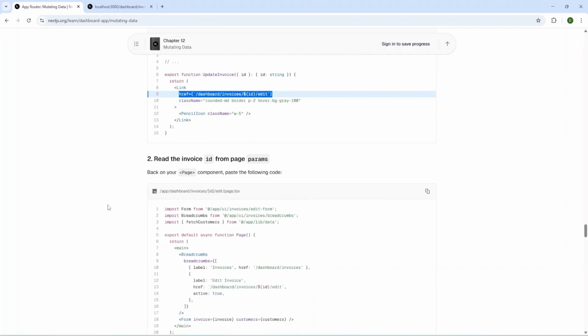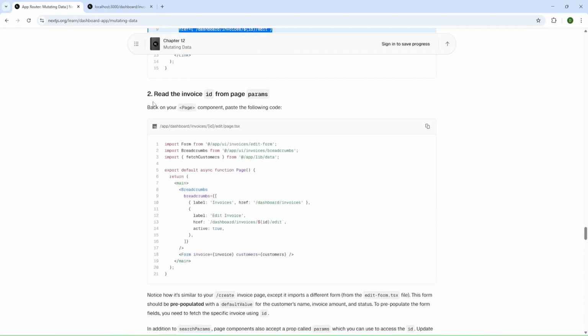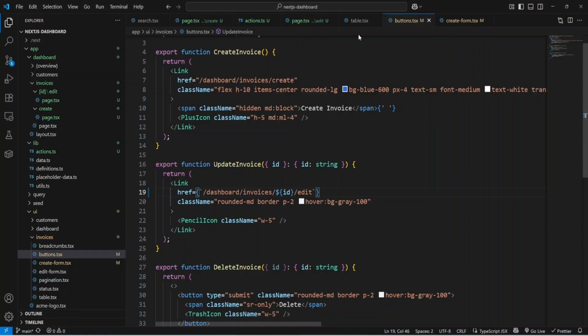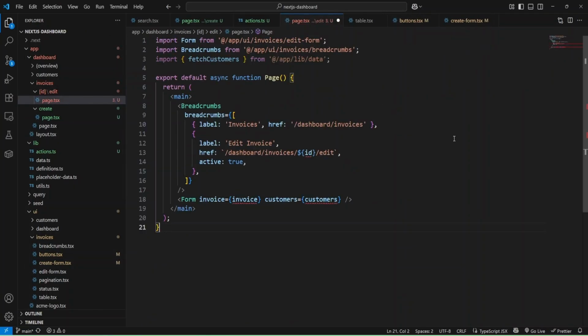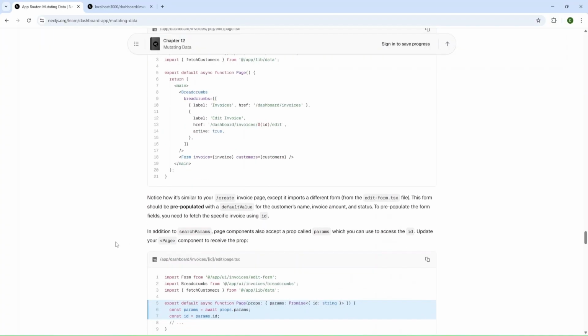Okay, and we updated our href, and now we can read the invoice ID from page params. And for that, we are going to add this code to our edit page for ID, and I have it here, and I'm going to add this here, and also we have breadcrumbs component and also form component. And let's go next.